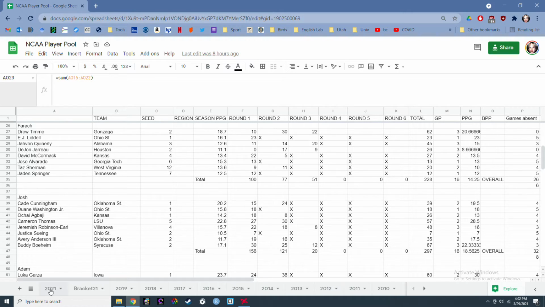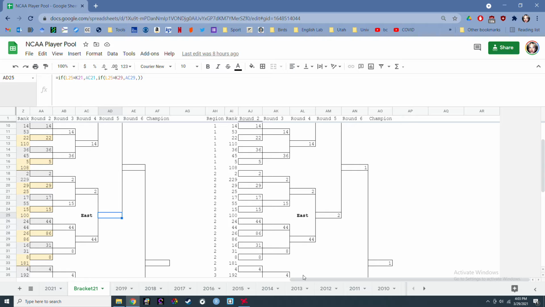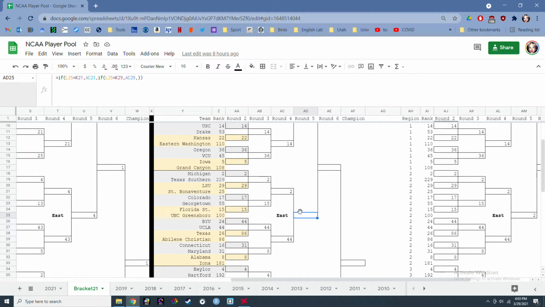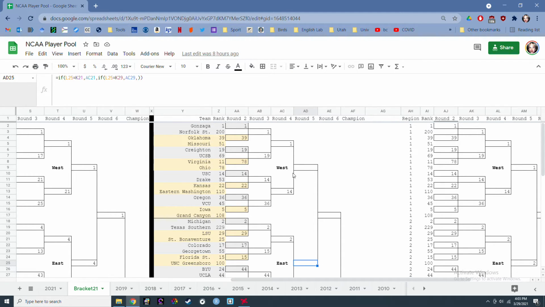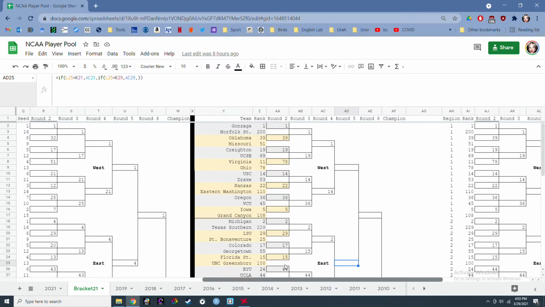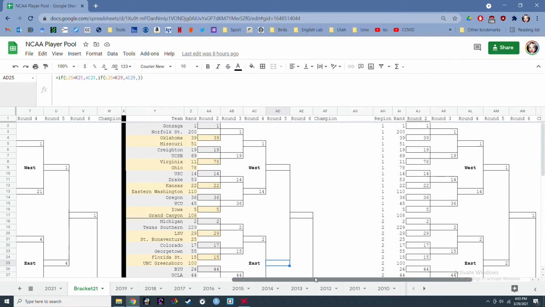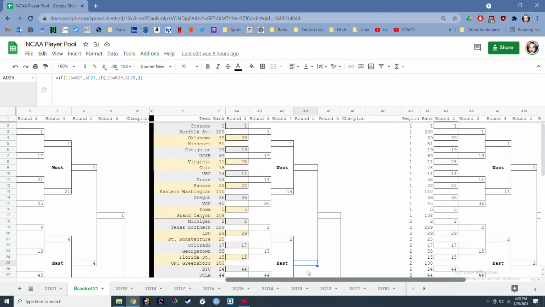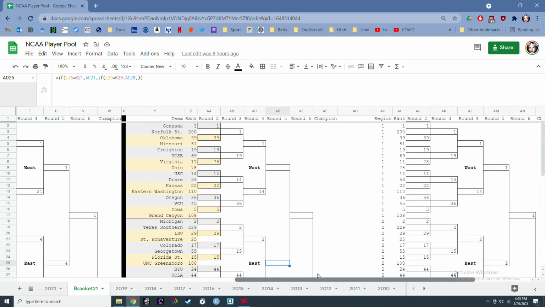I'm just using a couple of different spreadsheets here to make projections based on what has already occurred in the games, and then it simply fills in what is expected to occur for the games that haven't yet been played. I think this can be tweaked by adjusting players' points per game based on their performance in the tournament. So currently it's just the regular season points per game, but I have more data that we could insert.